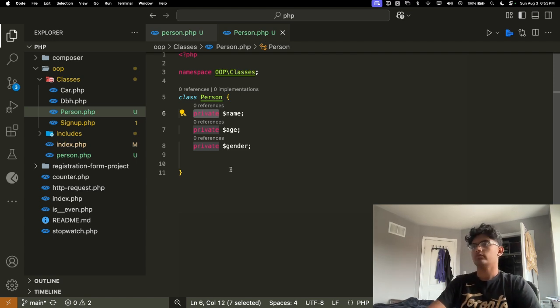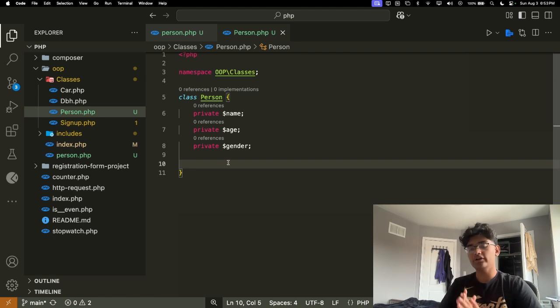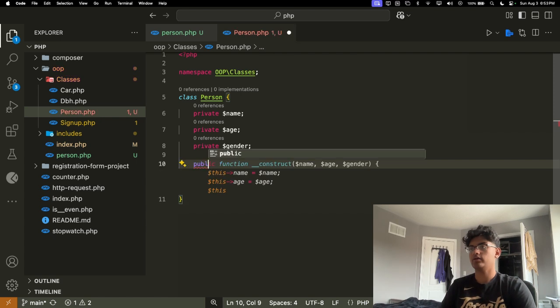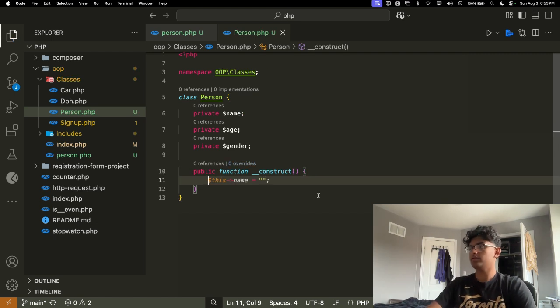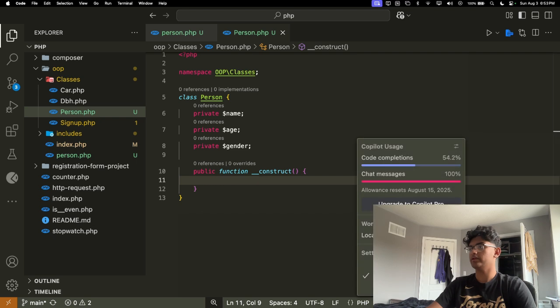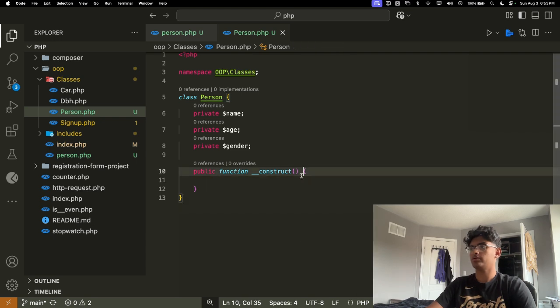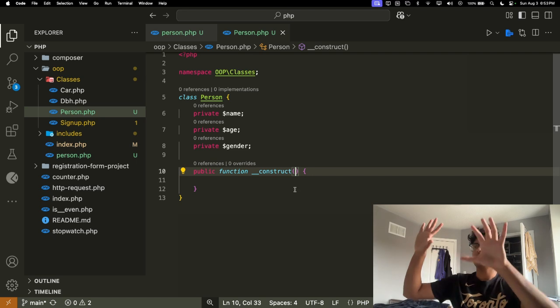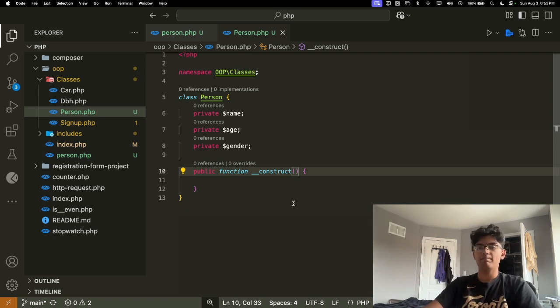Now what I'm going to do is build a method, and this method is called a constructor. So let's do that. I'm gonna try to disable this. There we go. I just disabled Copilot so that it lets me do my own thing. Okay, so anyways, in this function,